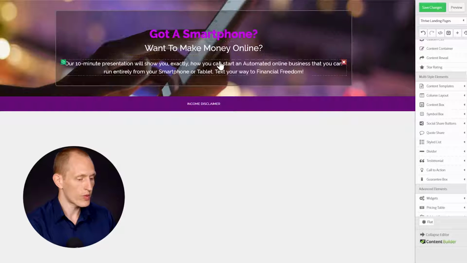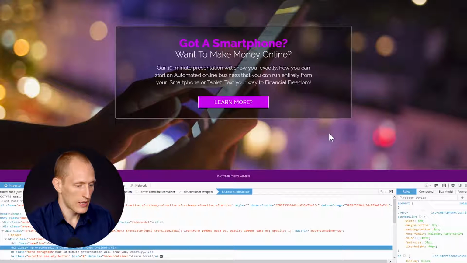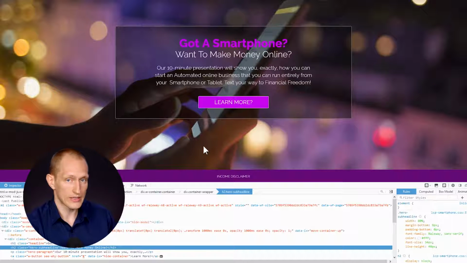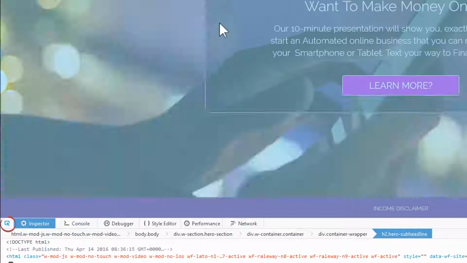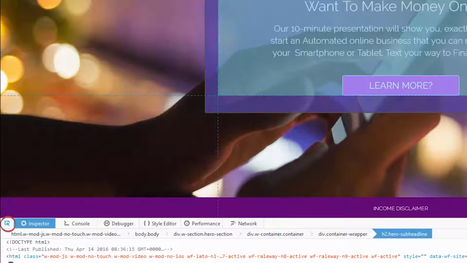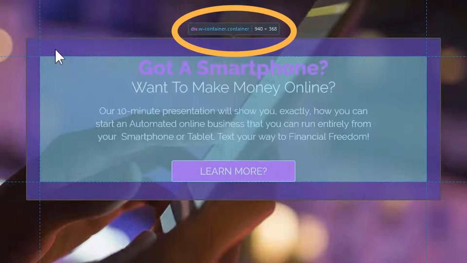And now, before we move on, one thing you can clearly see is that this box here is much wider than this one. And that's also something we can change. This is what content containers are for. So I can use the inspect mode here. That's this little icon here, inspect mode. And this tells me, if I hover over here, tells me right here, 940 pixels is the width of this